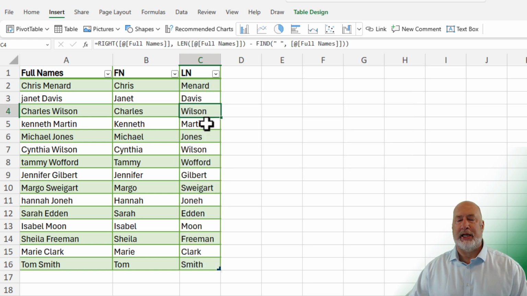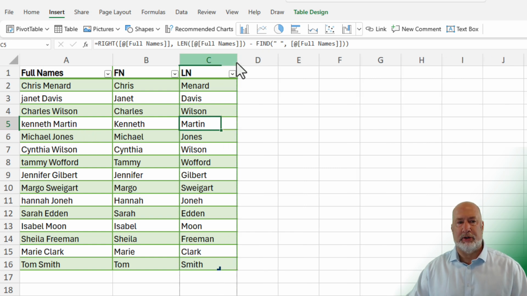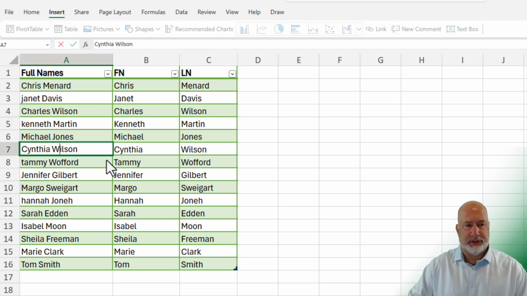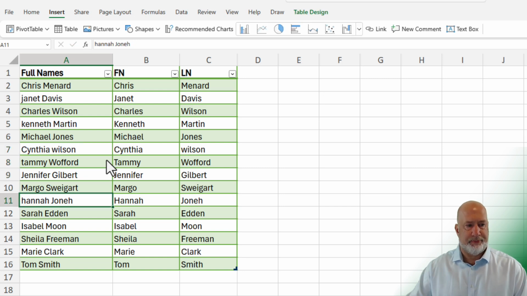Now, someone asked me this earlier when I was at the EA Ignite conference speaking about AI in Microsoft 365. Can you edit this formula? Absolutely. So if for some reason the last names didn't pick up the proper function and I don't have any small letters, it would. Let's see if I can't edit this and fix it. Let's change this to Wilson. Let me do another one.